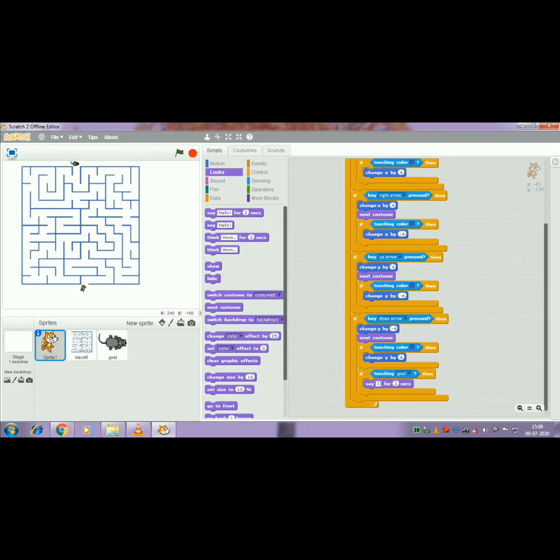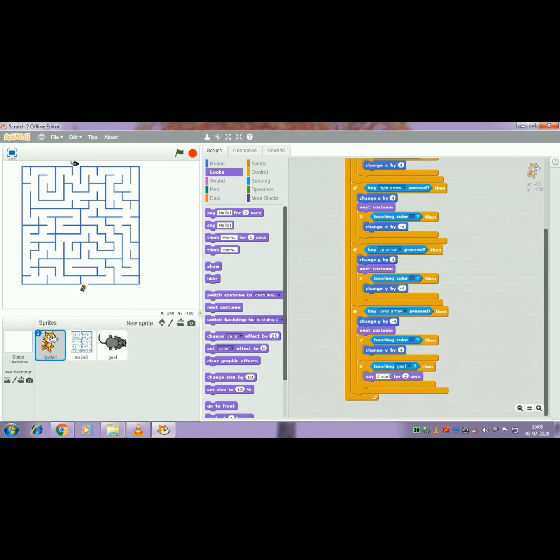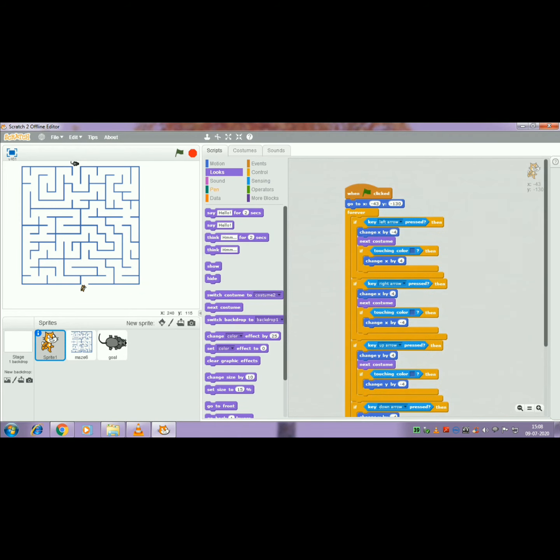Again, go to the looks category and choose the say block. Say hello for 2 seconds is there, no? Choose that purple color block and insert it after the if then statement. Now change the hello and instead of hello type I win.